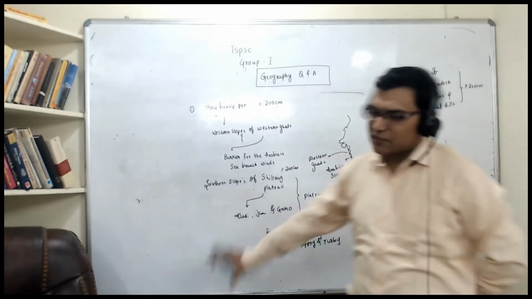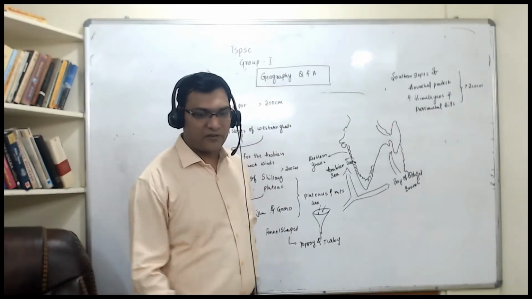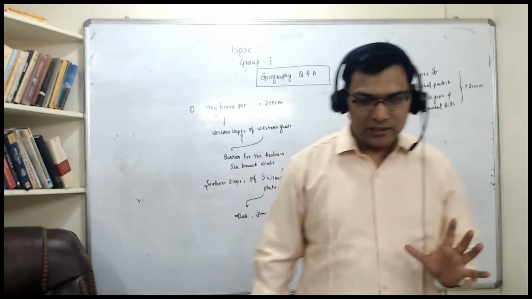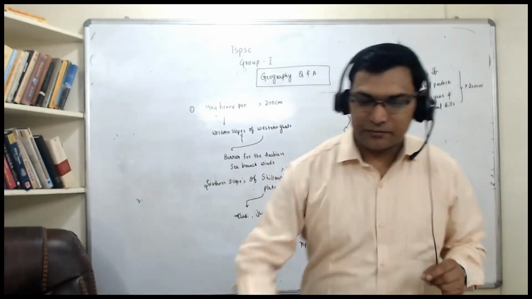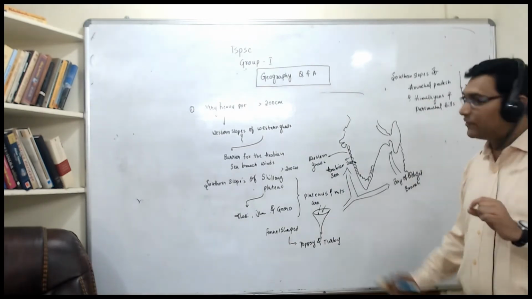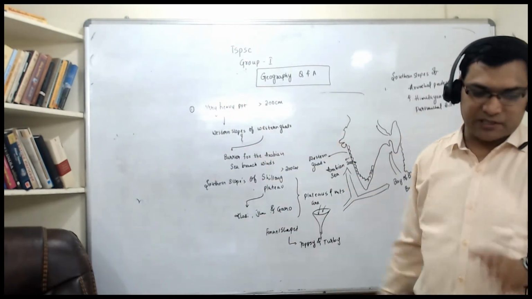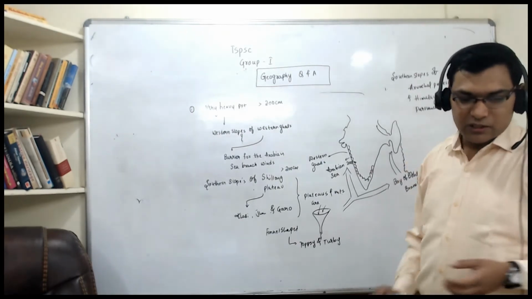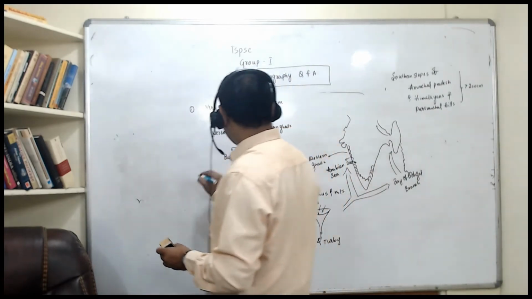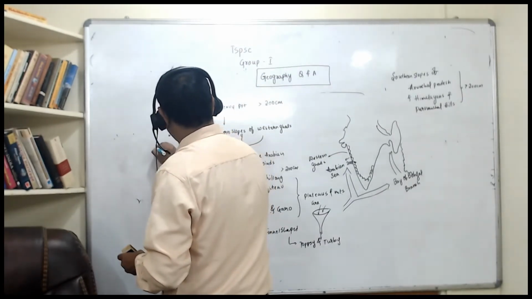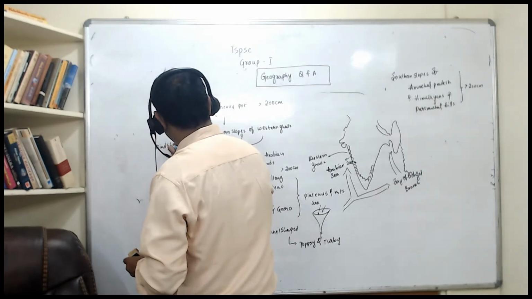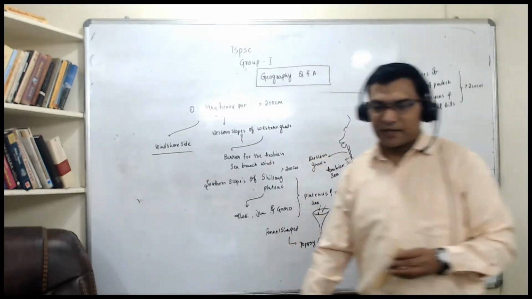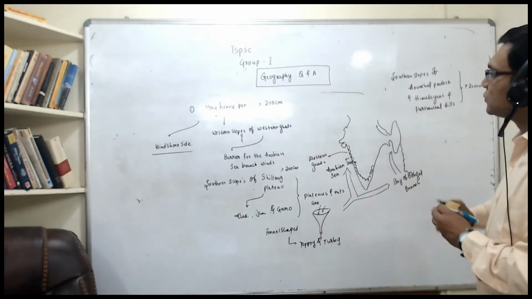So where is the highest rainfall that I have described? In the first part of the answer, is it clear why there is the highest rainfall? The second part is where there is very heavy precipitation. All these are part of orographic rainfall, the windward side slopes. Am I clear? So this is the first part of my answer.